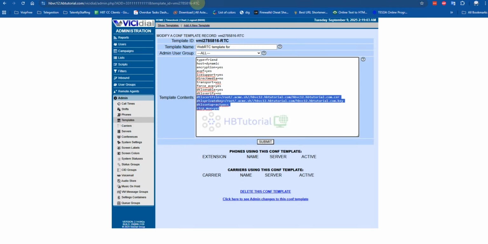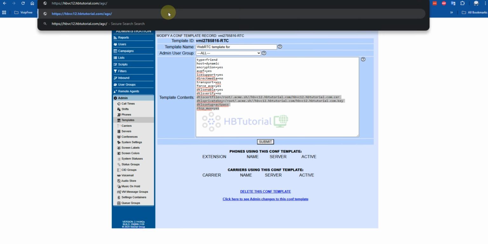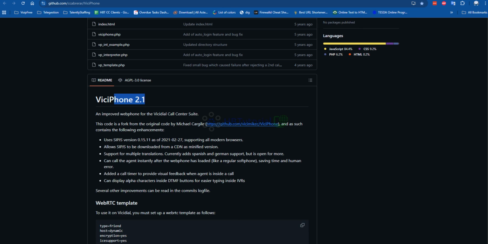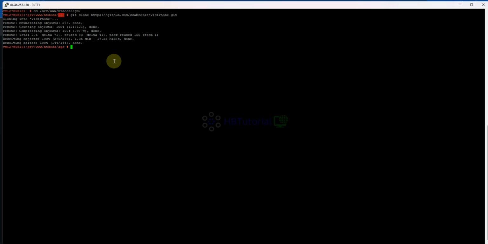If you want to double check, you can go to the AGC folder, and then the BG phone, cd BG phone.